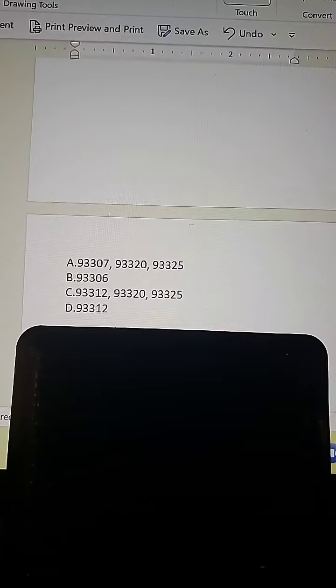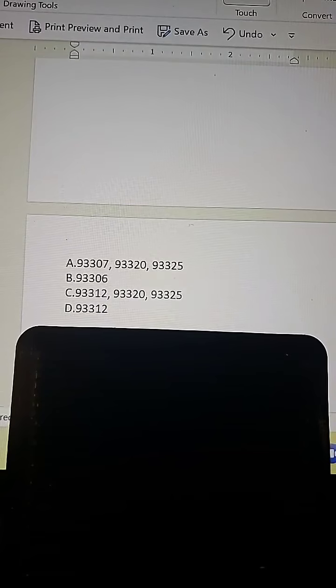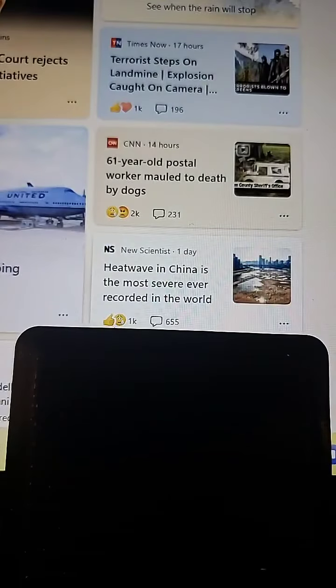Here we go. So we got an echo. One with Doppler, one without Doppler, one limited. What's our 12? Our 12 is a total. Our 12 is